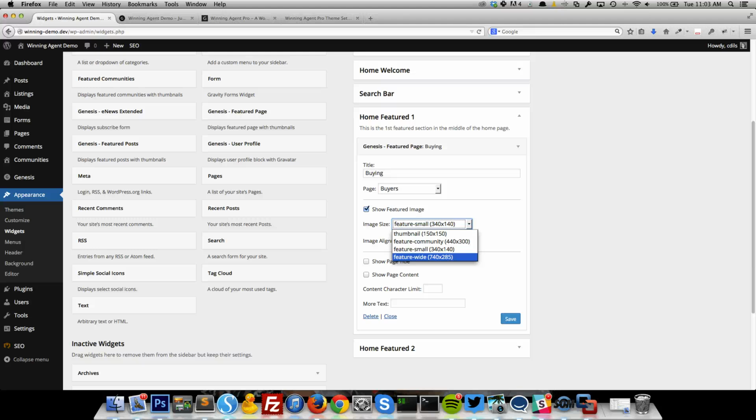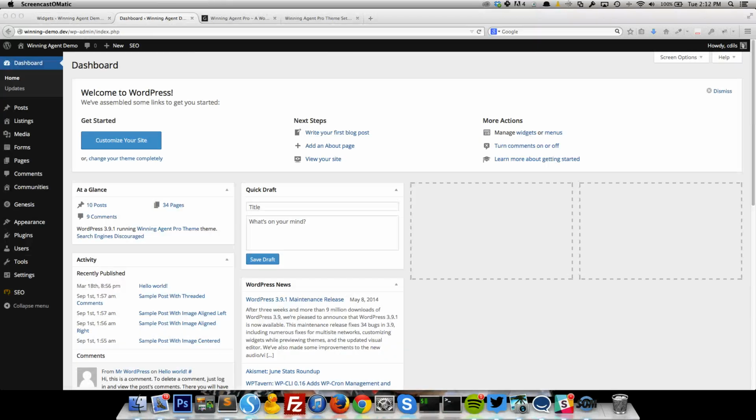So if you already had an image in your media library before you installed Winning Agent, then it wasn't cropped to these special dimensions. But if you run that Regenerate Thumbnails plugin, it'll go recrop and you